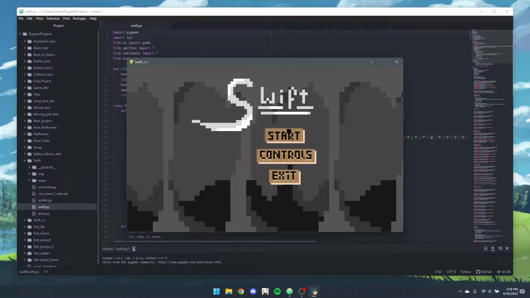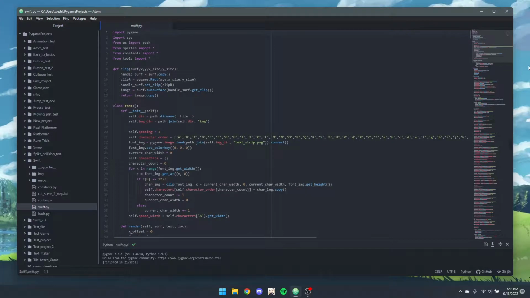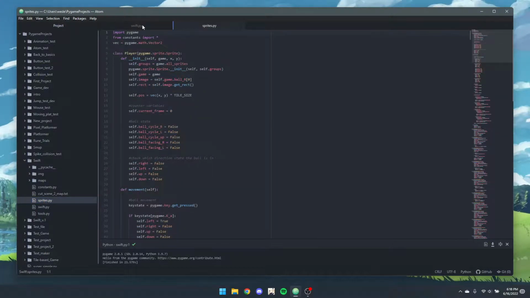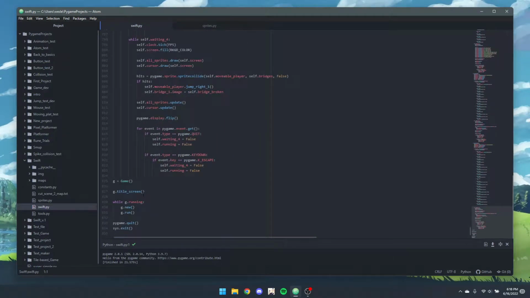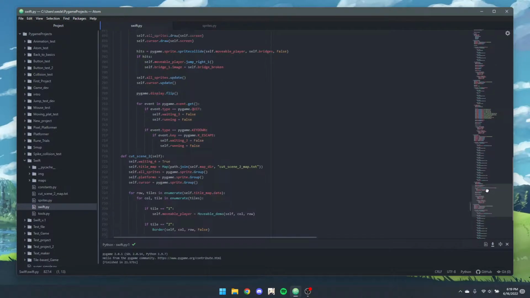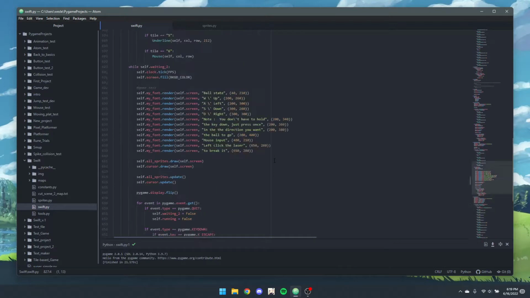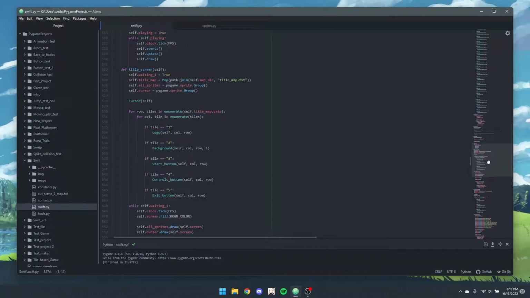So the last thing I want to show you guys is how to change screens. Like, how do I implement it to where it changes screens? And so in that case, what you can do is, when I run this, it'll run the title screen first, right? Because this is before the main game loop, which is down here, and so it'll run the title screen, which is what you saw earlier, and it'll run the title screen method,